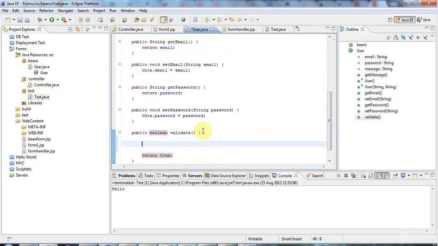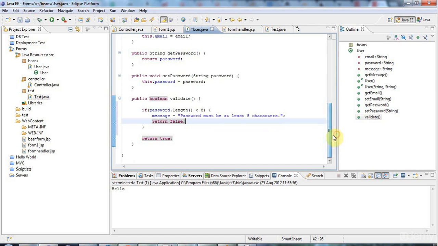And firstly, let's check that the password's long enough. So I can say if password.length is less than 8, then I can say message equals "password must be at least 8 characters", semicolon, and return false. Now if the length checks out okay, let's do some slightly more detailed validation, and I can say else if